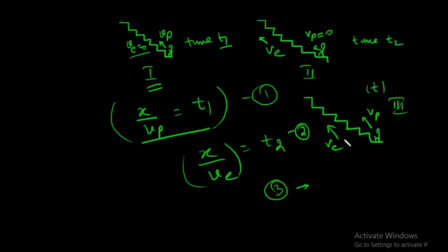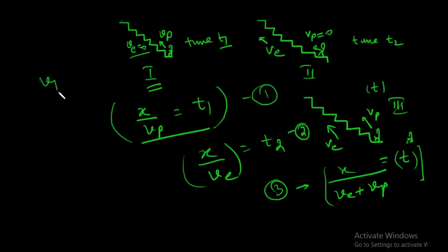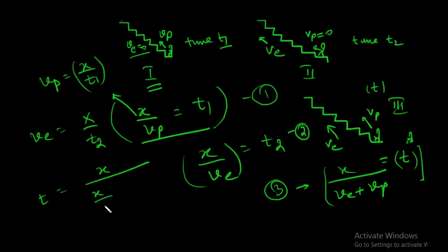In the third situation, the distance is divided by the total velocity of escalator and velocity of Preeti. If an observer is standing over here outside, then this will be the total time t, okay? So this is the situation. Now we have to calculate t, okay? So what was Vp? Vp will be x divided by t1. From here, Ve would be x divided by t2, and so t would be equal to x divided by x by t1 plus x by t2,